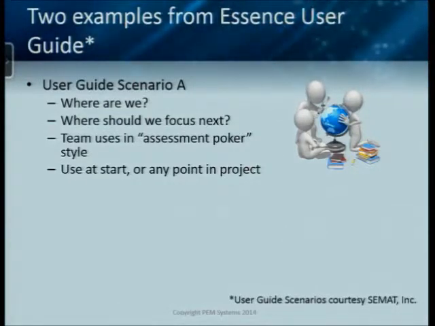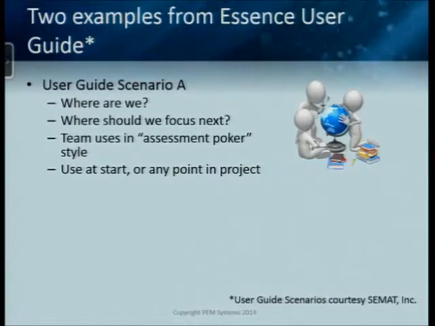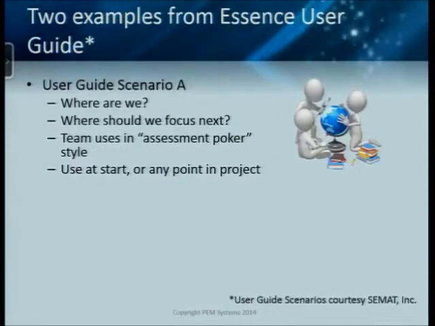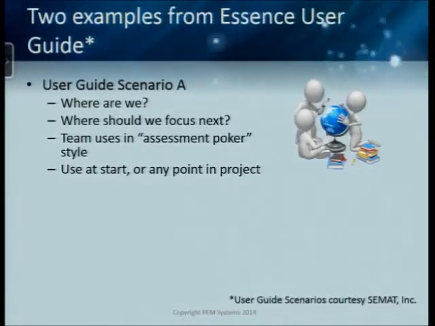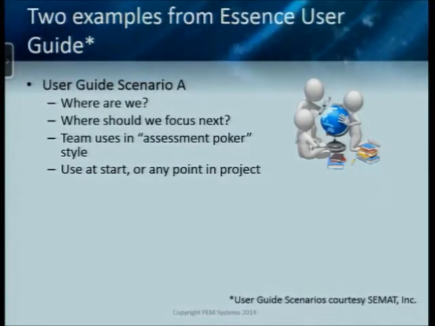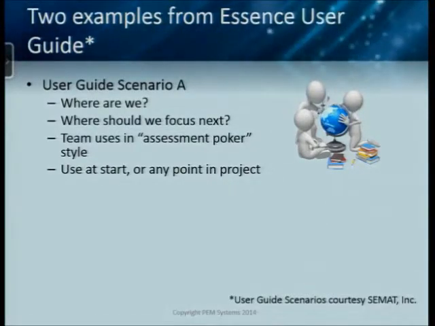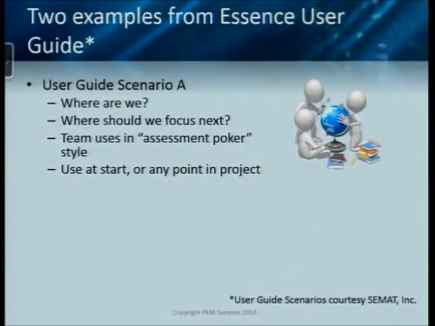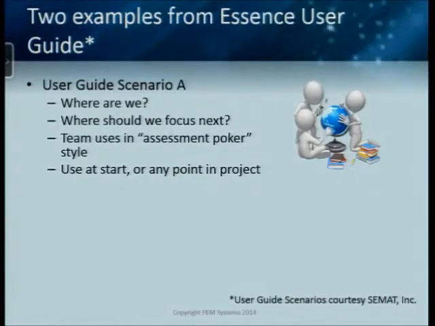This is assessment poker. And the way the team plays assessment poker is everybody's given a card deck, and you go through the alphas one by one, and the team thinks about each alpha and thinks about each state, and each individual gets to a point. The way you play that game is you think about the checklists. And you say to yourself, well, yeah, we did this, yeah, we did this, yeah, we did this. Finally, you get to a checklist that we didn't meet. And as soon as you get to one you didn't meet, the state you're in is the previous state.